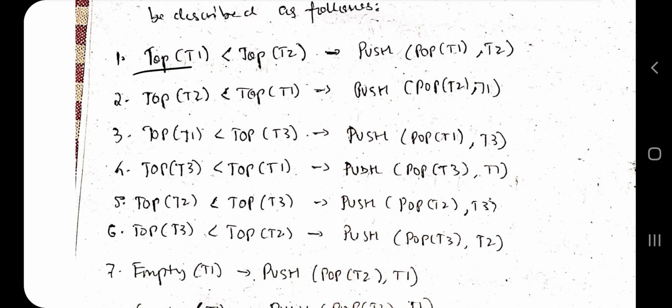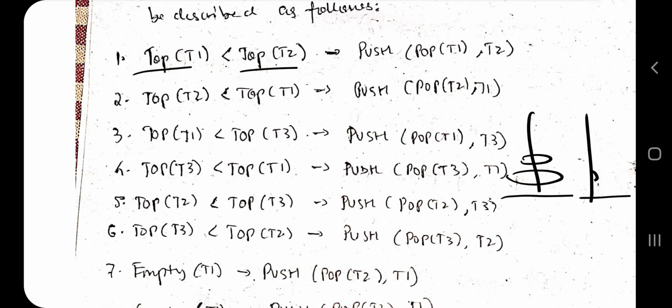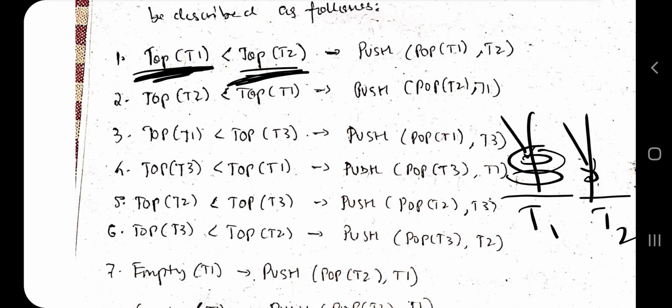Top of T1 is less than top of T2, means there are two towers here. Let's take this one, and this is the smallest one. Now this is T1, this is T2. Now if top of T1 is less than top of T2, top of T1 means this one, top of T2 means this one. Is this less than this in size? No. Is T2 less than T1? Yes, T2 is less than T1. So what you can do is push